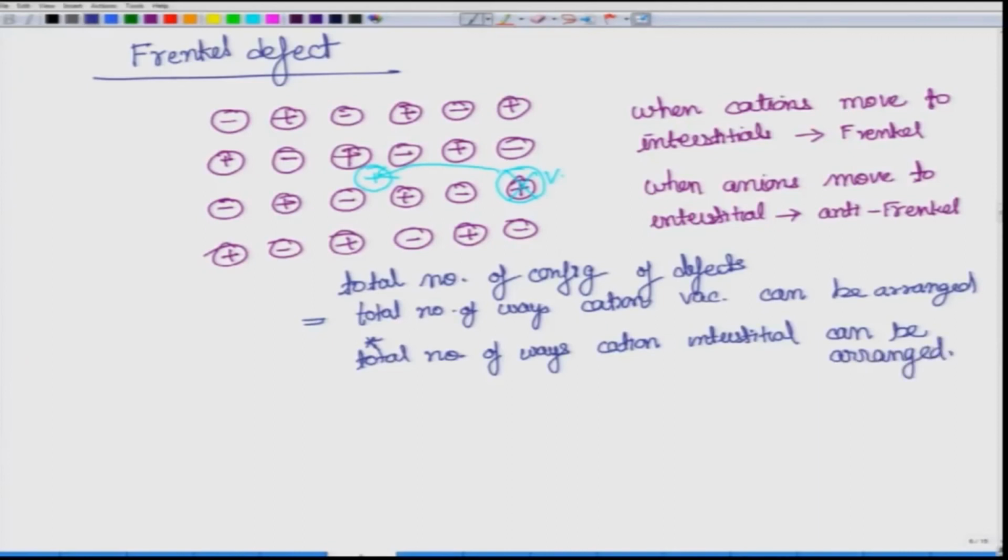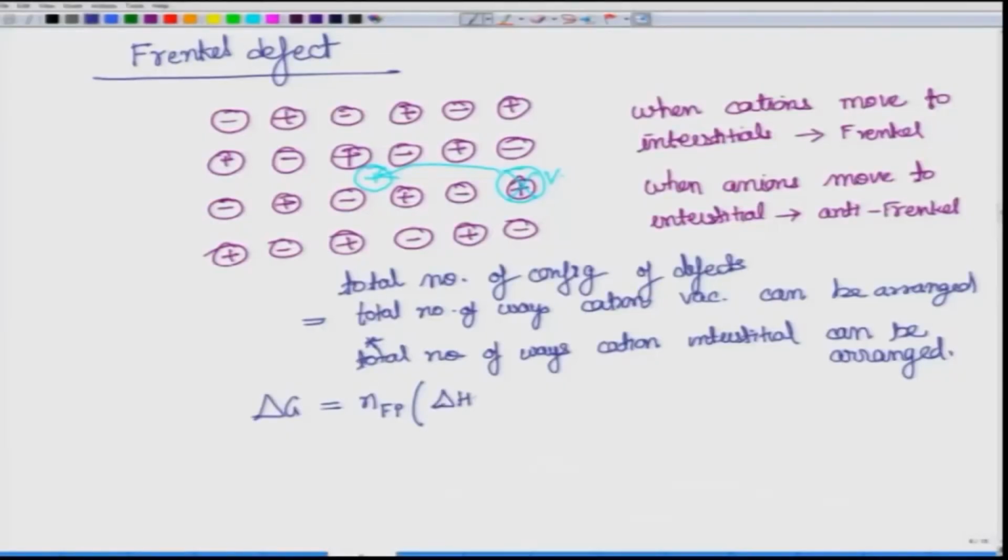Other things remaining the same, the only thing that will be different over here is how the entropy term is taken into account. So, the original equation would be something like this: delta G equals n times the formation energy of a Frenkel pair. We are talking about one pair, so n number of pairs, not just one vacancy. There will be one vacancy in the cation and one cation in the interstitial. So, this will be the formation of a Frenkel pair minus T delta S formation, for the Frenkel pair,